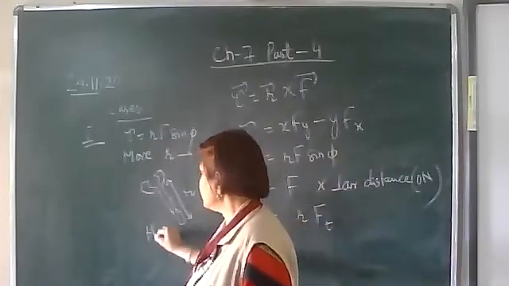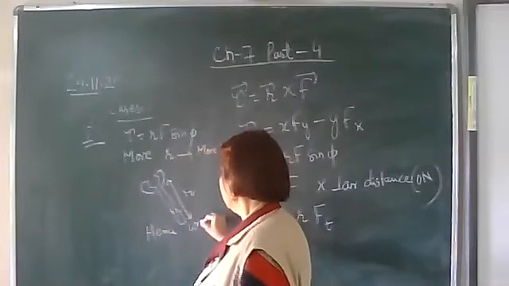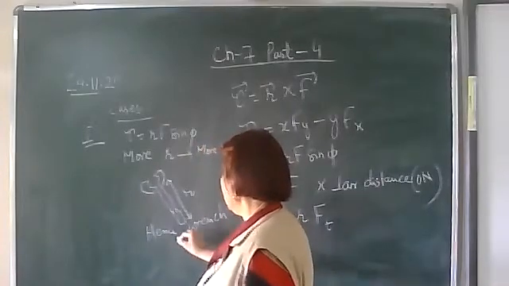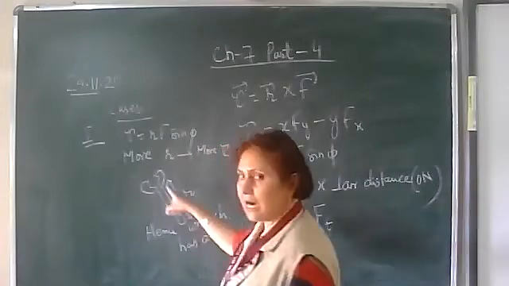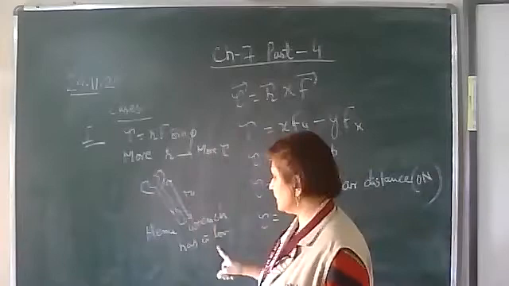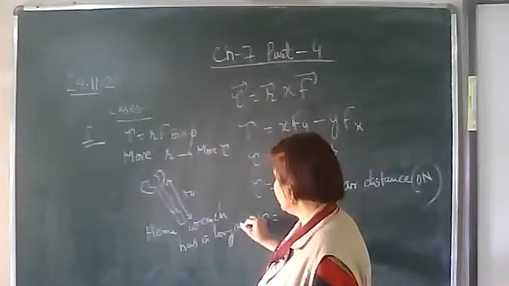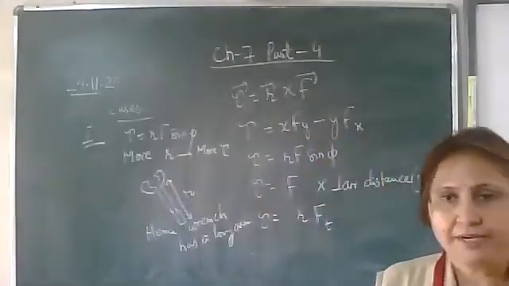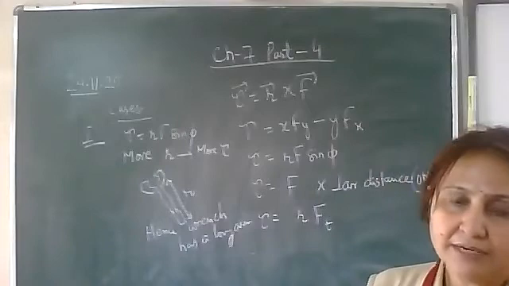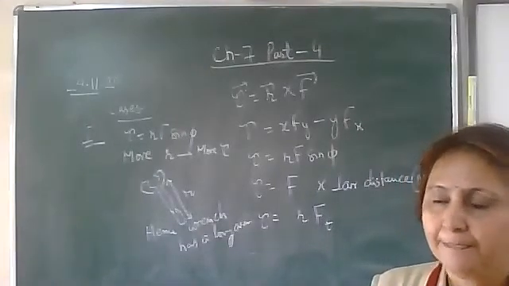Write it in the same manner. Hence, a wrench has a long arm so that r is more and then tau will be more and it can be easily rotated. So wrenches have long arms so that r is more and tau will be more.